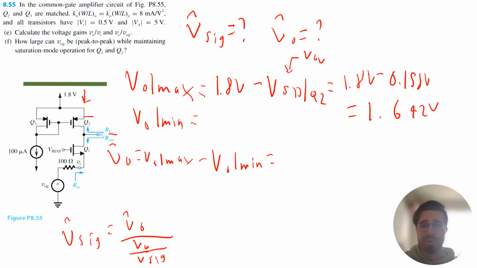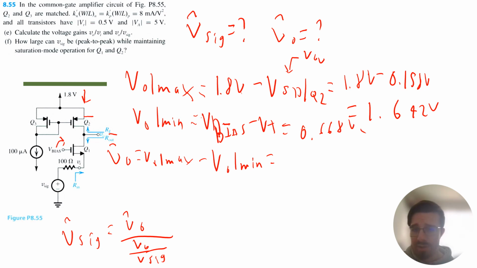Now, what's the minimum voltage? Well, I already know the voltage here at Vbias, so I really just have to get from gate to drain. And we know that that would just be the bias voltage minus the Thevenin voltage. So the minimum output voltage would be Vbias, sorry for my handwriting, minus Thevenin voltage. So that would be equal to 0.668 volts minus 0.5 volts for Thevenin voltage,